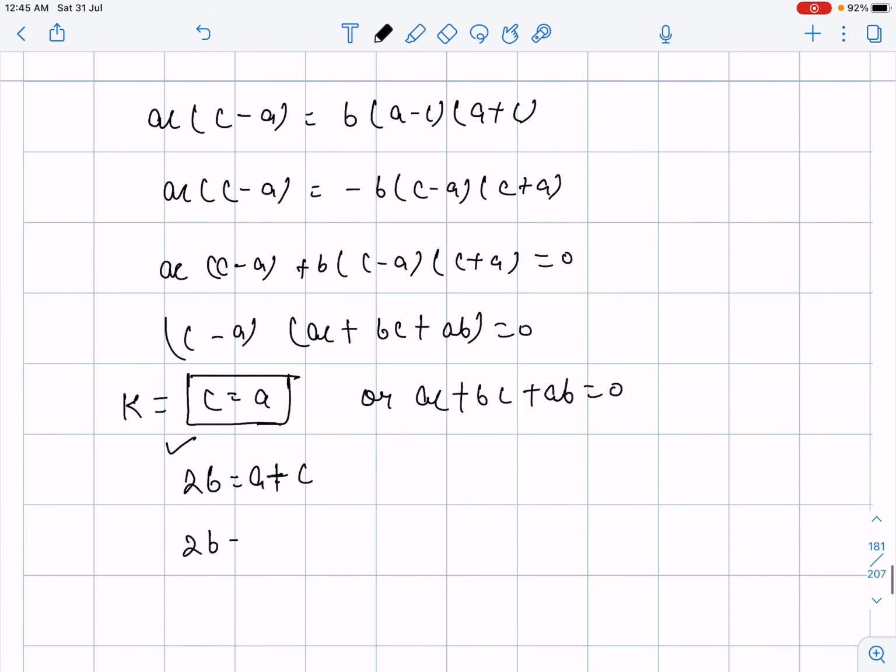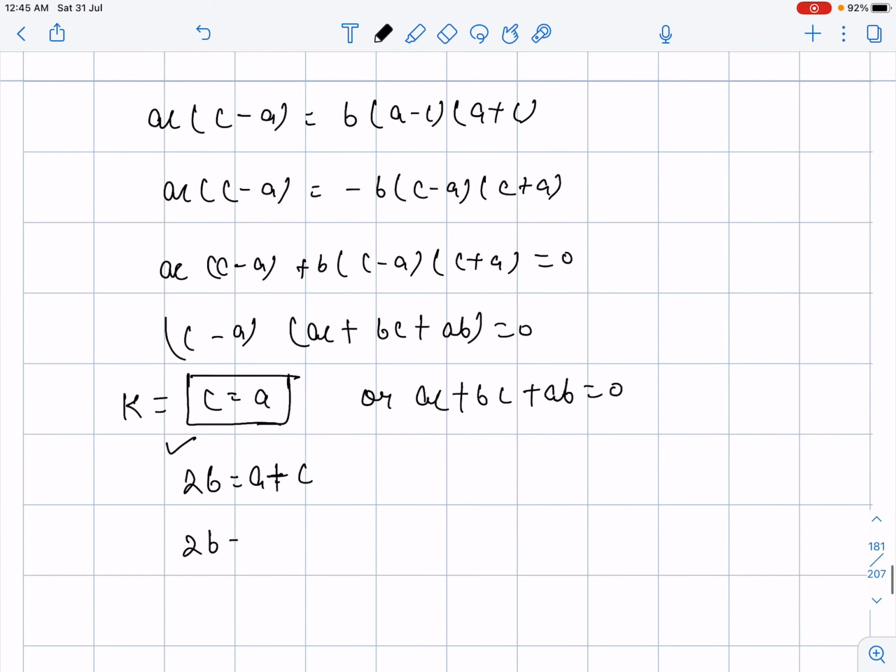Now guys, one more thing we have to prove over here is that a, minus b by 2, a, b and minus c by 2 can be in GP if it is holding like this. So what may we get common in between? Let's see, a plus c we have. From here we may get a as a common factor in the first two terms, and in the last two terms we get b as a common factor. So ac plus b multiplied by a plus c is equal to 0.